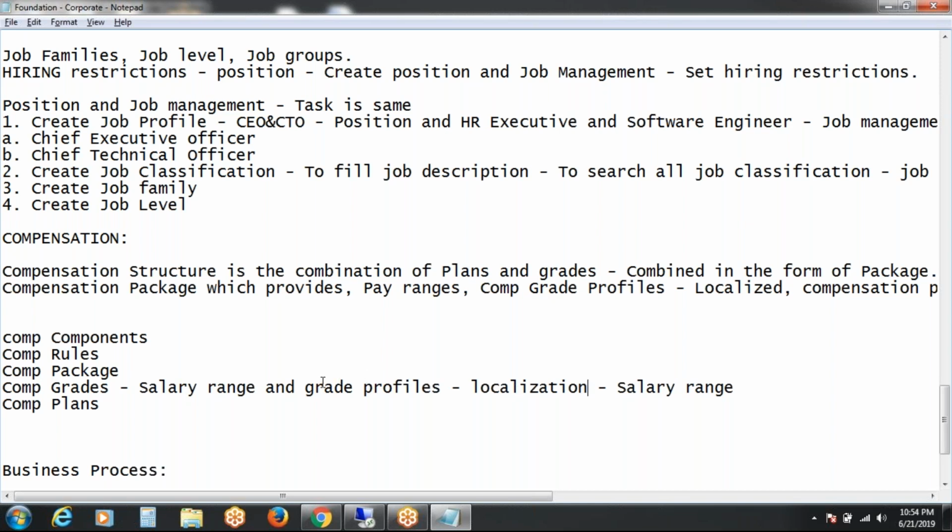Okay, so we need to discuss these things in detail for the compensation part. After creating the compensation components, in the job profile we have two fields left over, compensation grade and grade profile. We will fill those fields with these compensation components.